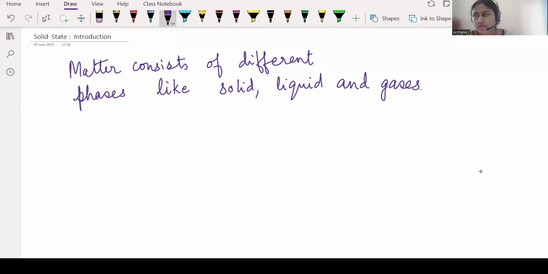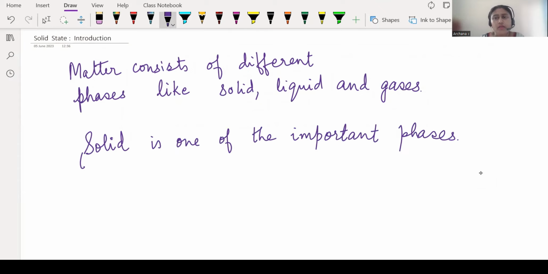Among this, solid is one of the important phases. Materials occur in solid form. What a striking feature of a solid is its ability to have